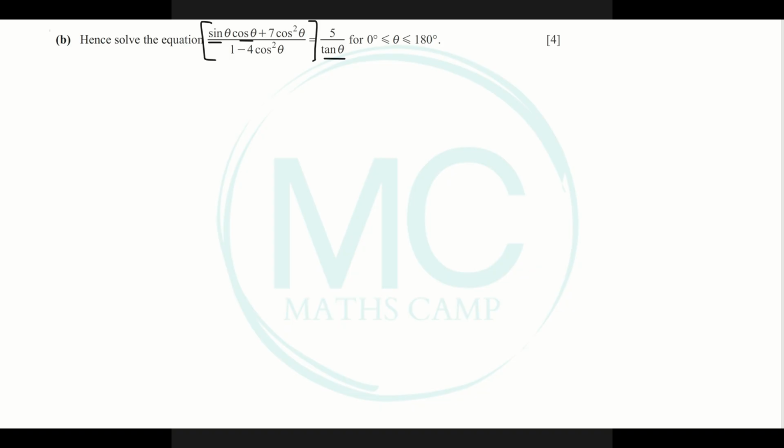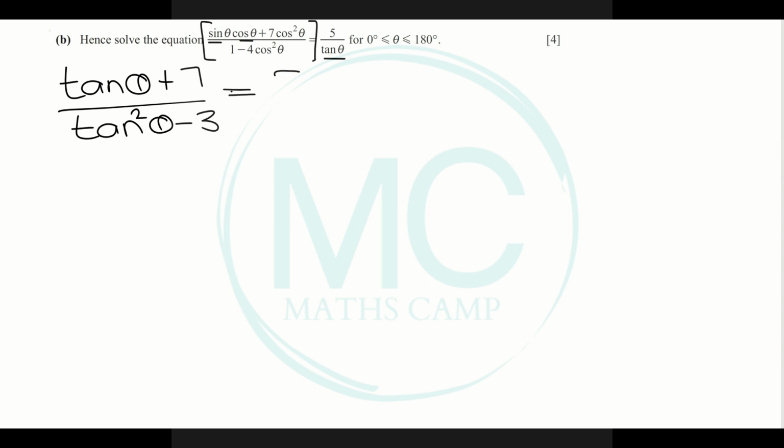So let's use this. So we can say tan theta plus 7 over tan squared theta minus 3 is equal to 5 over tan theta. Now we only have one trigonometric ratio, so we can find the values of theta. Let's start by multiplying out our denominators. And we get tan theta